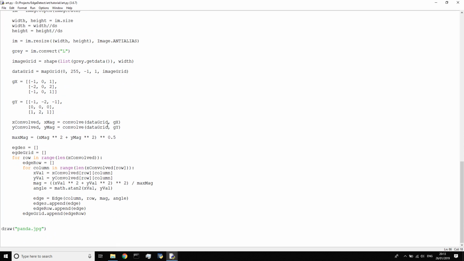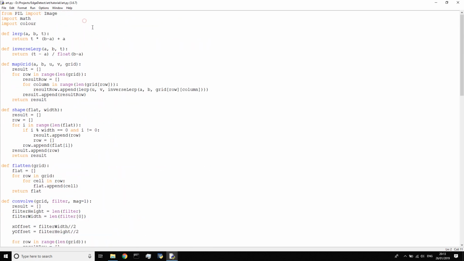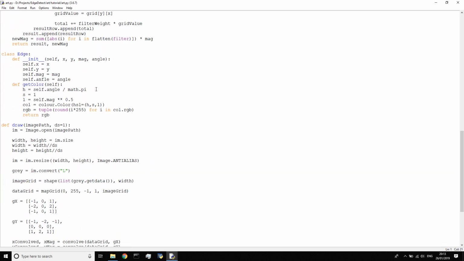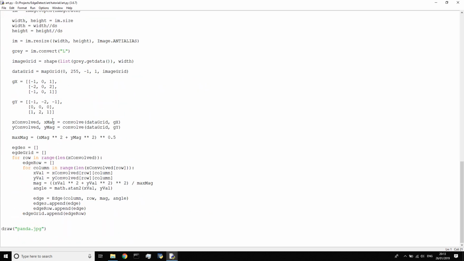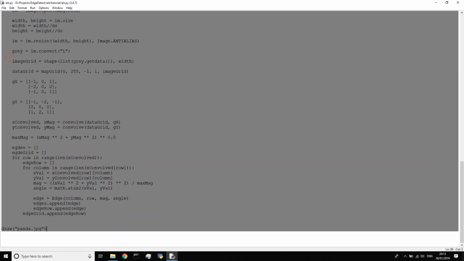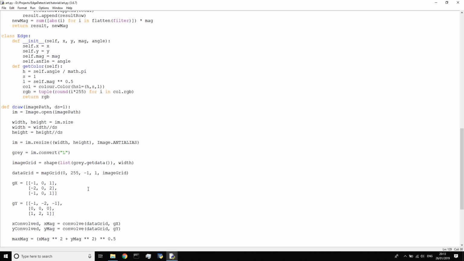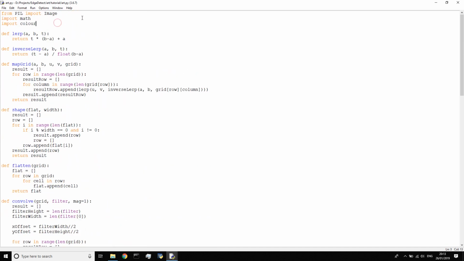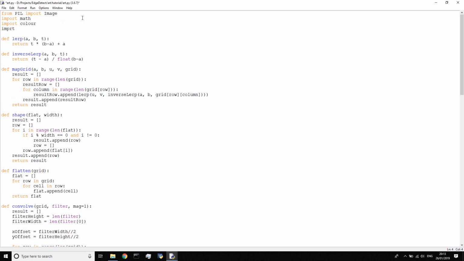Now what we need to do is create some sort of platform for displaying the image, and I'm going to use Pygame to do this, the Python game library, and this is going to require some quite complicated steps. So the first thing we're going to do is put this entire method, which draws the image and does all of this processing, on a separate thread. That's because it might take a while, and I want to have it running independently from the graphics thread, just so the graphics don't stall and crash. So I'm going to go ahead and import threading,